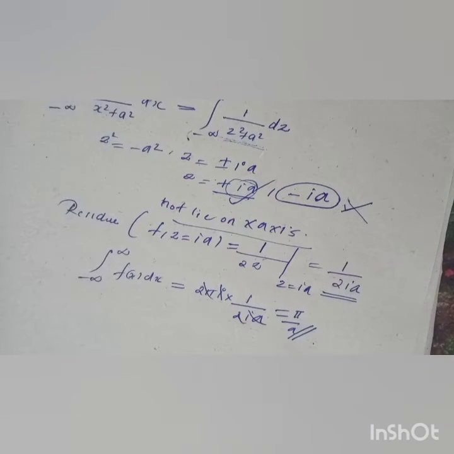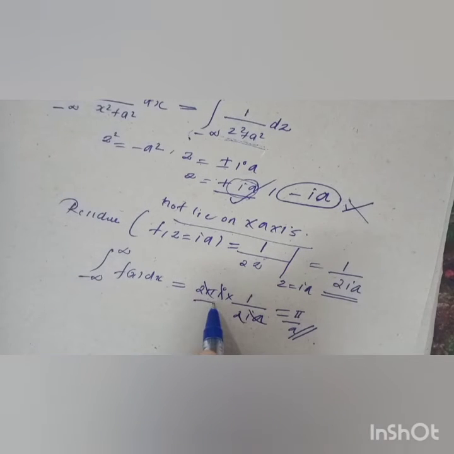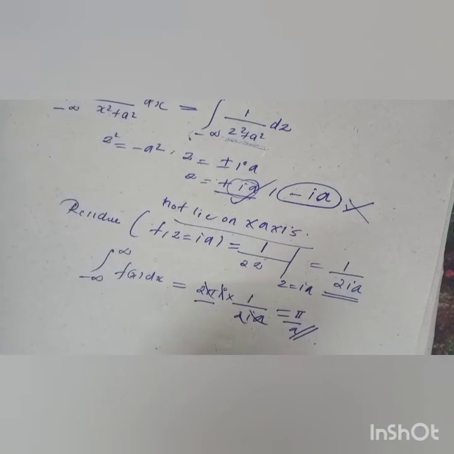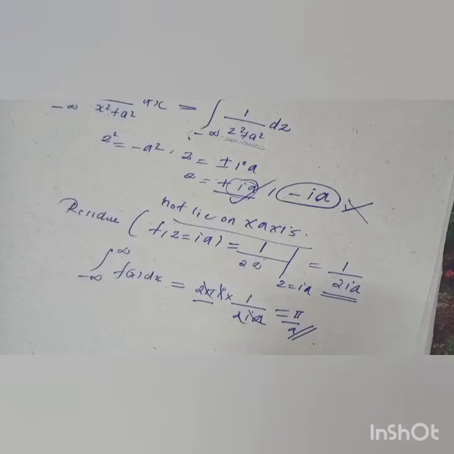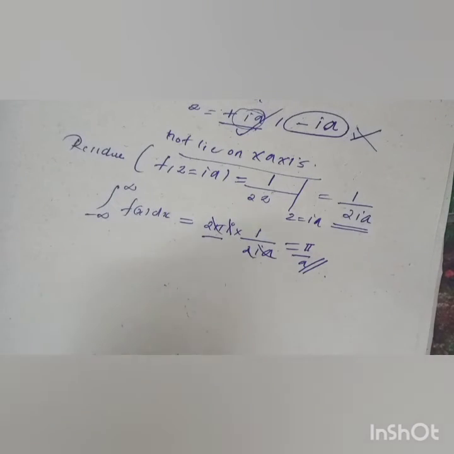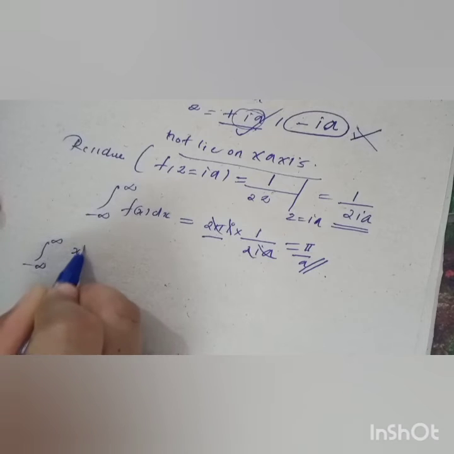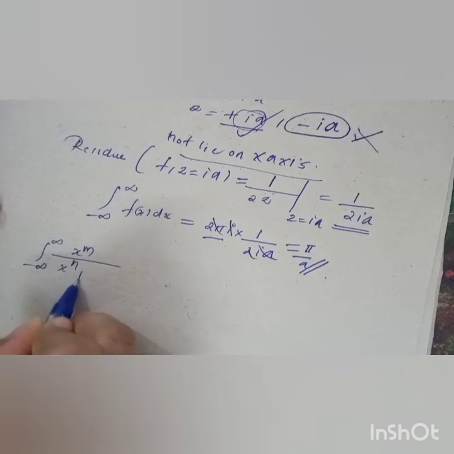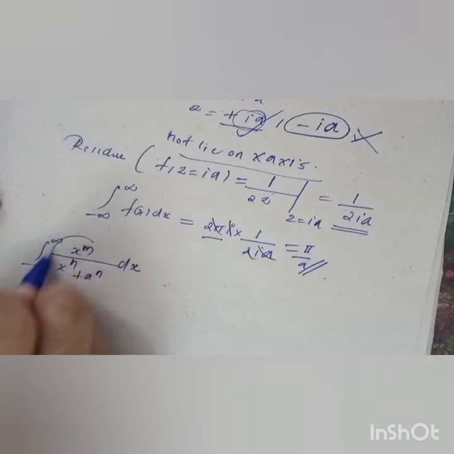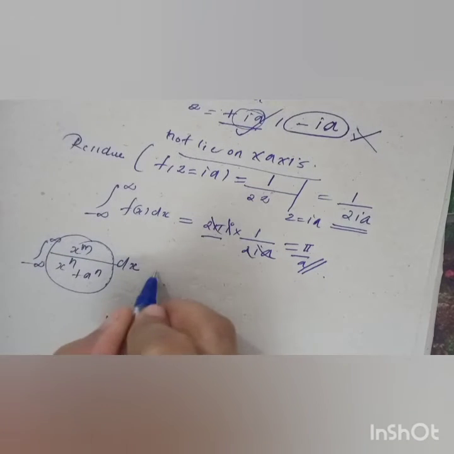Okay, so this is the question, and we have a trick inside this. This is our method to find the singular points, select the singular points and find the residue. If it lies on the x-axis, multiply with pi i, and if it does not lie on the x-axis, we have to multiply with 2 pi i. Okay, this is the method, but there is a trick to find the integration of dx in this form, that is n minus